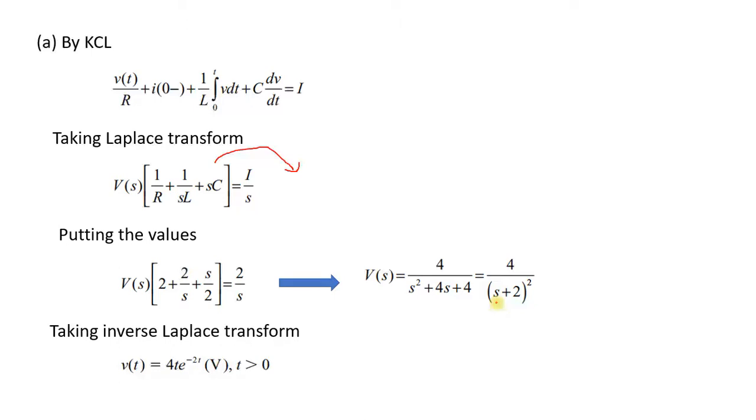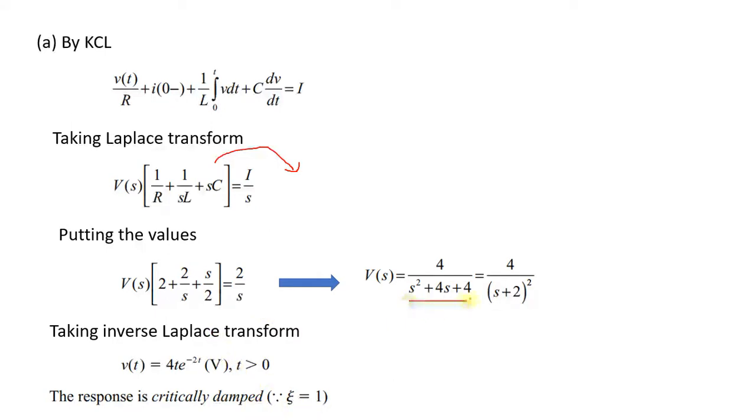Similarly, apply the same procedure for the second circuit. Here the resistance, inductance and capacitance values are replaced by 1. Here it was all 0.5, there it should be 1. So that is the change. And one more thing, here the value of zeta is equal to 1. So this is the second order equation.